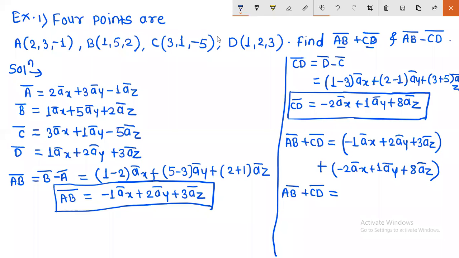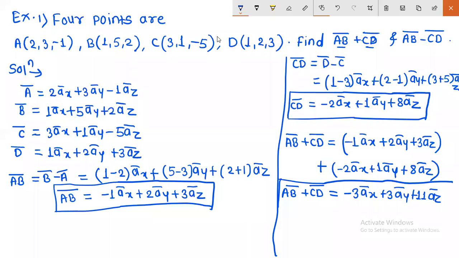Minus 1 plus minus 2, minus 3 a bar x, plus 3 a bar y, and plus 11 a bar z. Simply you have to add the values here. So directions, meaning unit vectors, will remain as they are. Similarly you can find